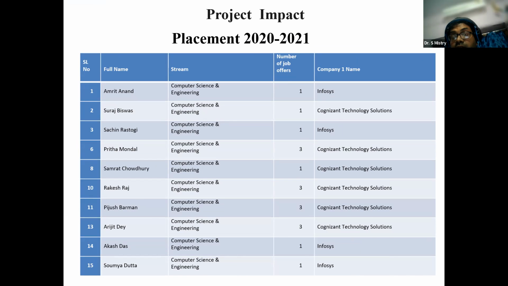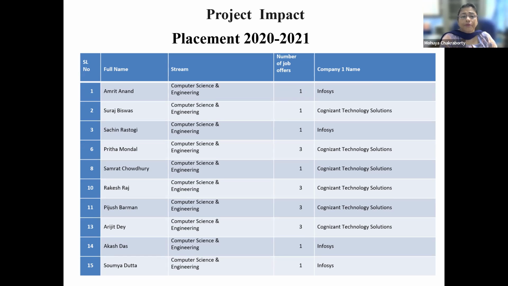I don't think this is correct, because your project started in November and your placement must have been completed by April or May, so this you cannot show. This is your existing system that is working. What is expected is what change you have brought to the existing system and what you have initiated. It's not necessary to have a complete outcome, but some concrete measurable initiatives that you have done.